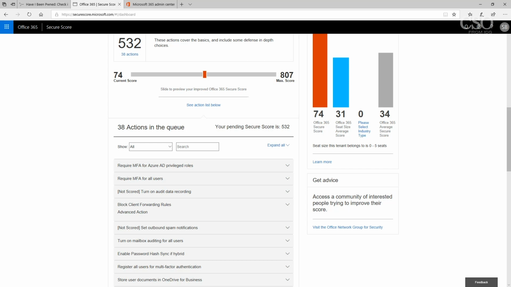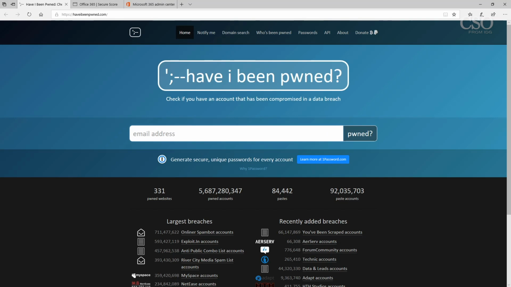Now, why is this important? Not a day goes by that I don't see some report of some breach somewhere. And many of these are due to the fact that as users, let's face it, we're a bit lazy. We often reuse the same password in multiple locations and multiple sites. How many times have you discovered that some of your users are using the very same domain name, username, and password in multiple sites around the web?